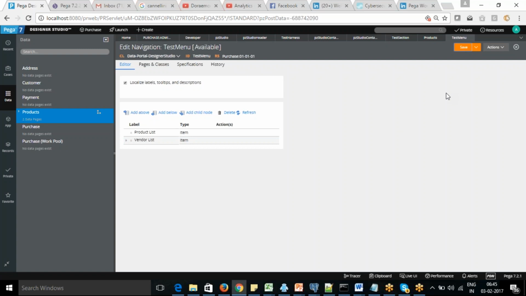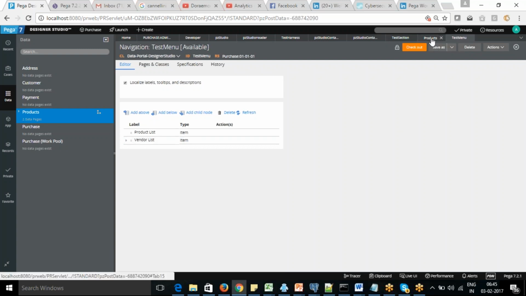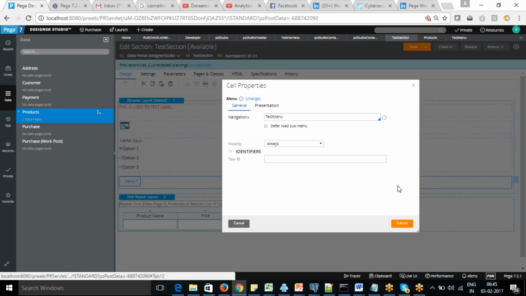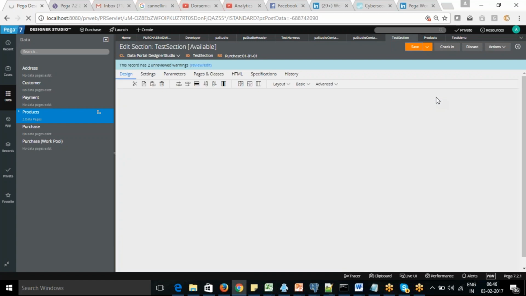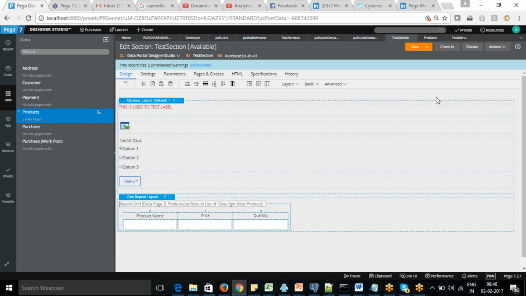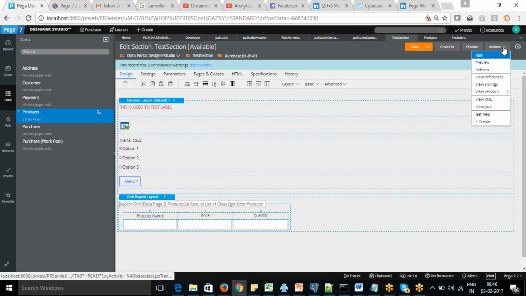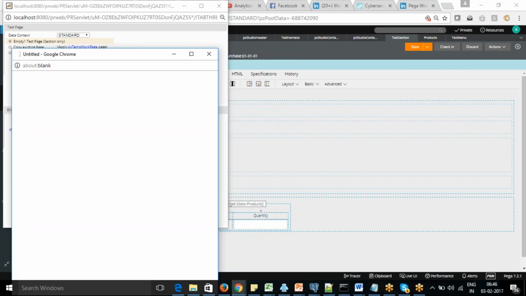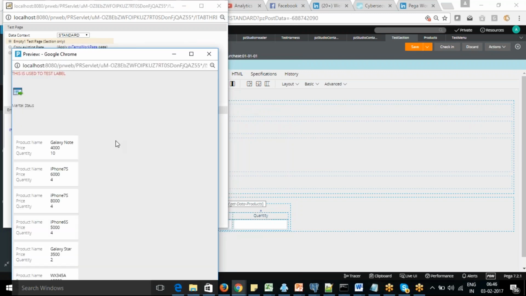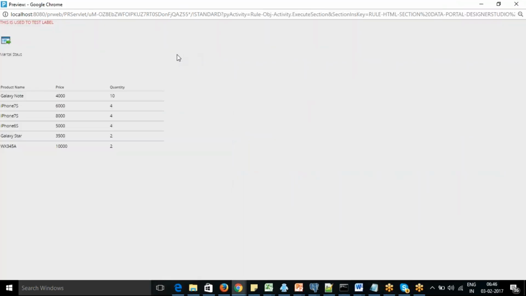I just created that. So if you see now, then submit it. Run and preview same, but where is my button? Menu option.